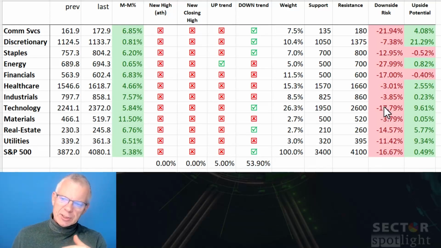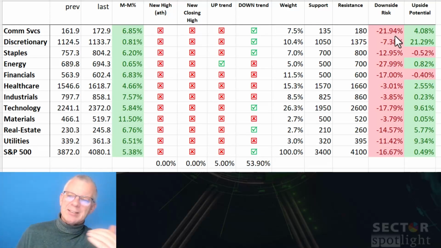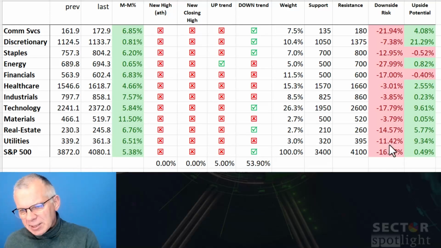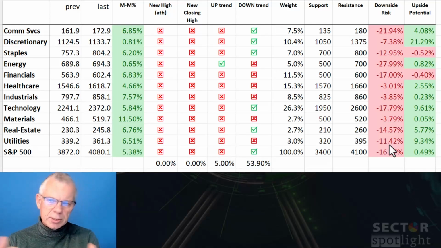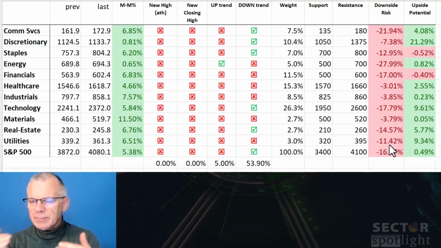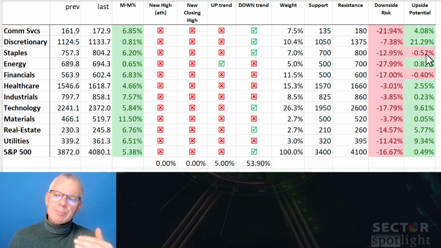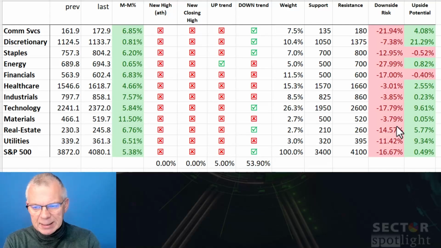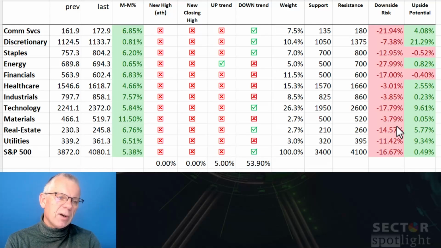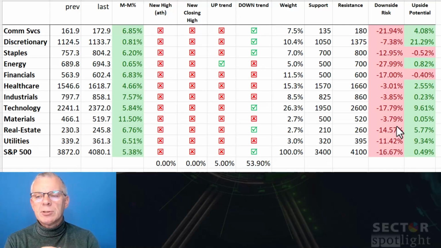And you can see the various downside risks and upside potentials. And I think that the downside risk, and yes, it is judgmental, it's my call on where these support and resistance levels are, but they're like, you know, the major previous highs and lows, basically, that's what it is. That the upside potential is very limited, while the downside risk is quite big. So all in all, I remain very, very cautious for the S&P 500 as a whole and most of the sectors going into the month of December.